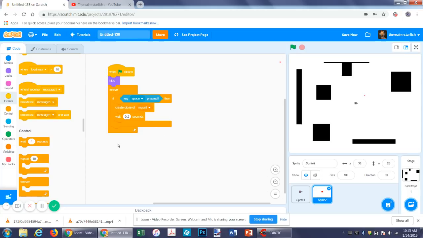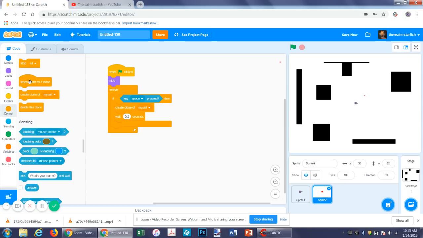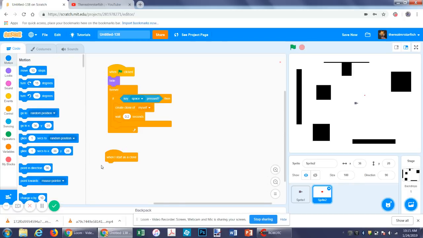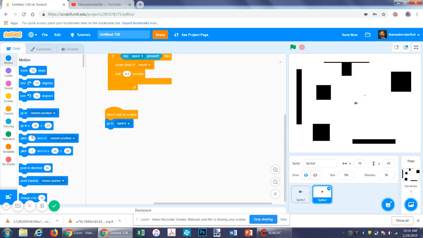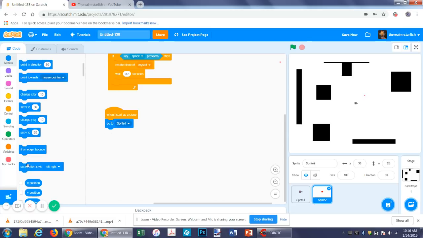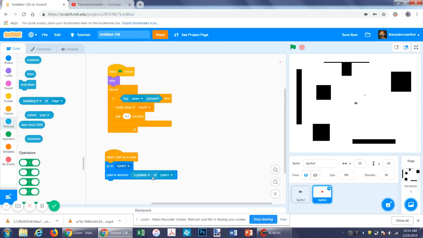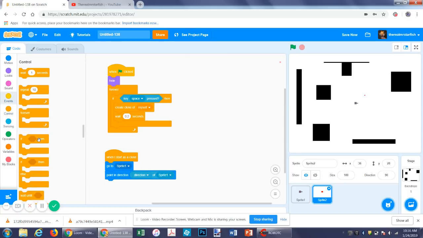Next you want to get a when I start as a clone program. The first thing you want it to do is go to sprite 1, which happens to be your tank. Then it will point in the same direction as the tank. To do that, get a point in direction program, then go to sensing. Get a backdrop number of stage program, switch stage to whichever sprite it is, and switch backdrop number to direction. Then it will repeat until